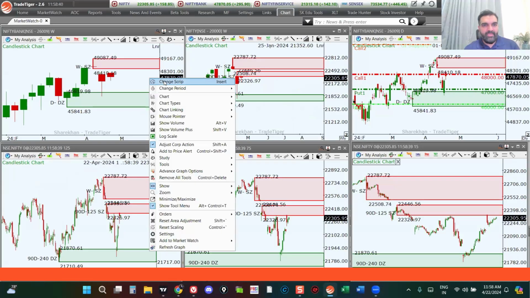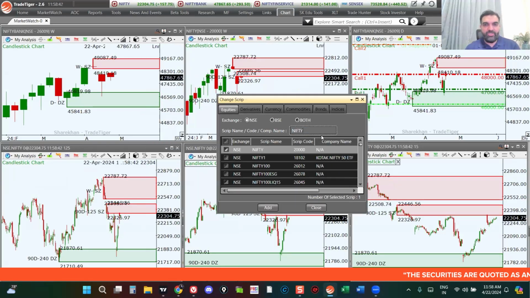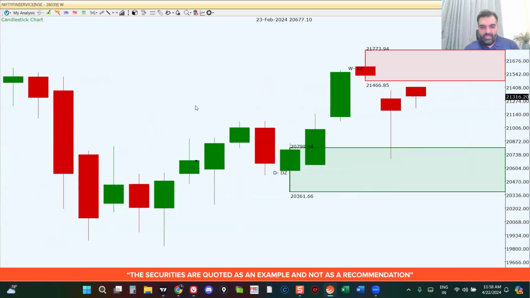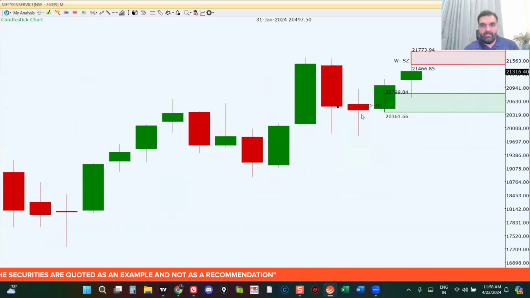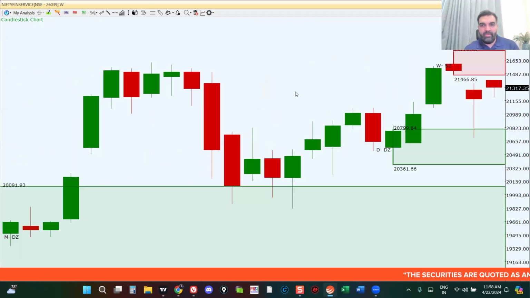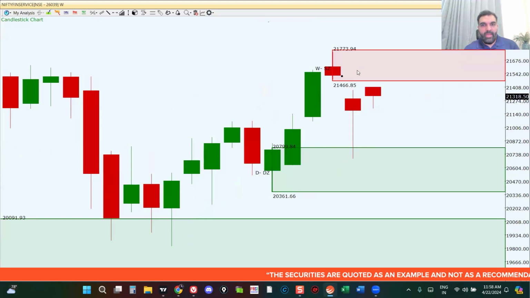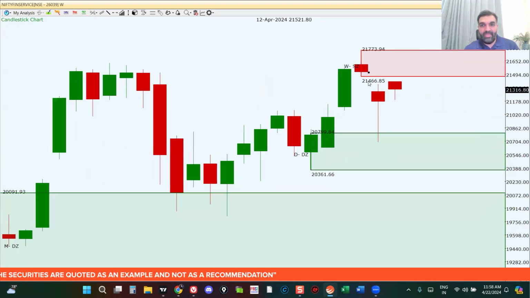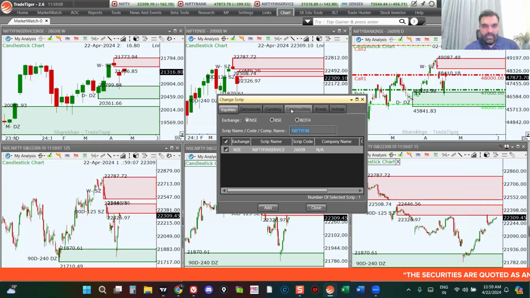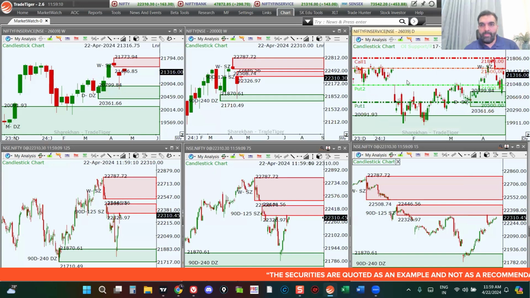Let's move on to the next index. We are going to be looking at the Nifty Financial Services. Let's start with the analysis on the Nifty Financial Services. So let's start with the monthly chart. Again, monthly chart is consolidating after bouncing out of this monthly level of demand, very, very similar to the Bank Nifty. On the weekly chart, very similar to the Bank Nifty, we also have this gap, and it'll be interesting to see what happens once the price hits this 21,466 odd level.